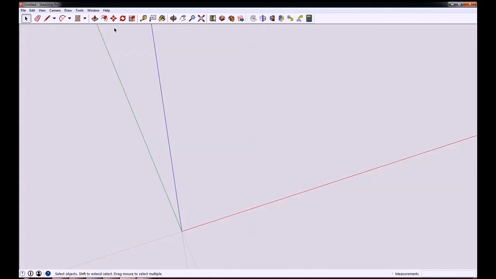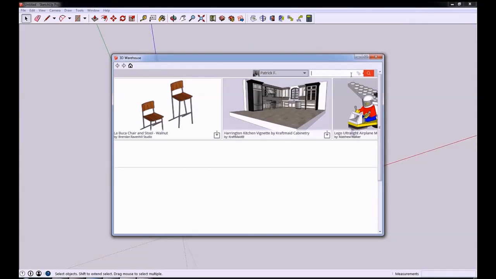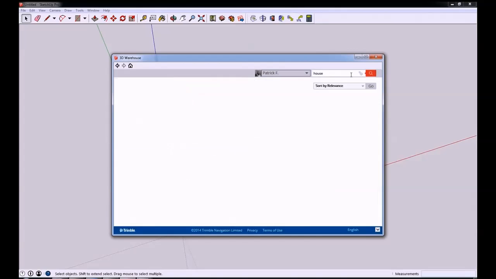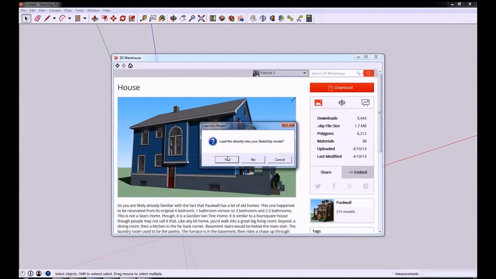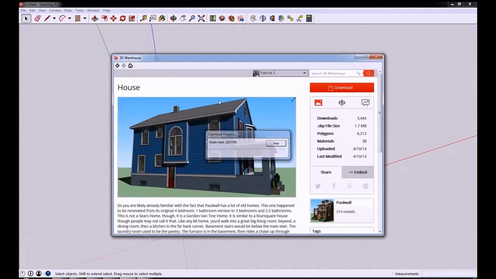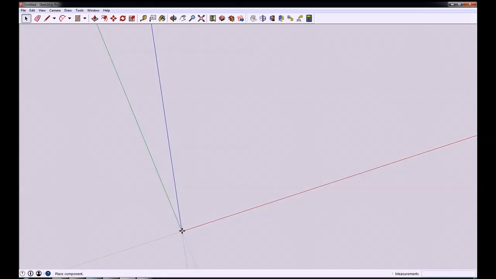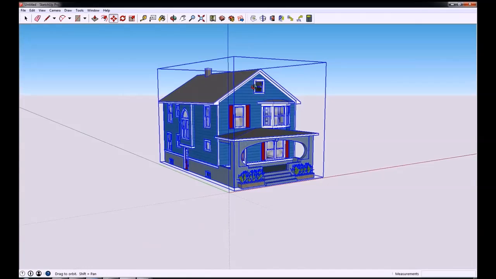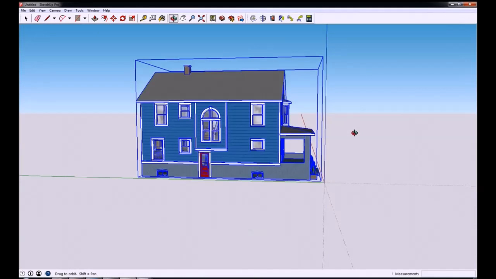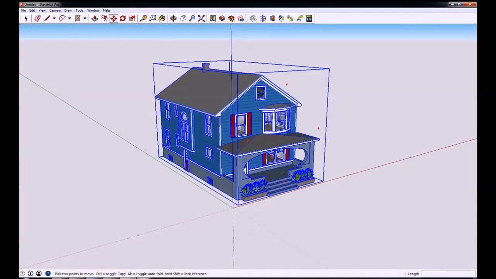So to show you how this works, we'll go ahead and bring a model in from the warehouse. Search for a house. We'll go ahead and grab the first one, download it, load it in, drop it in at the origin and have a look. So the house looks pretty reasonable, and we'll see that these